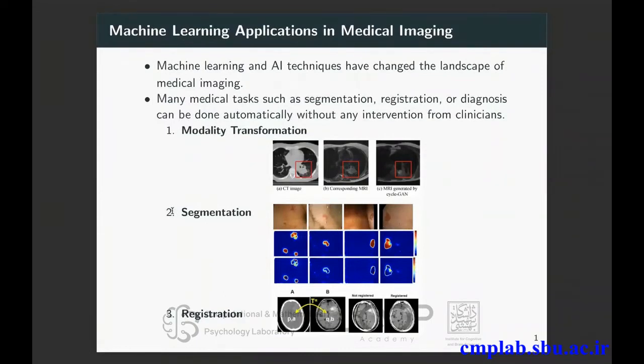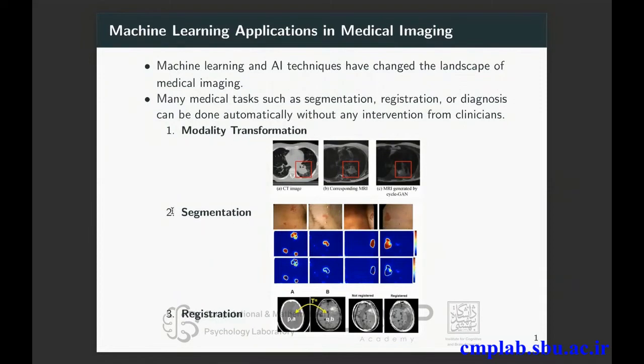One is modality transformation. Here, for example, you have a CT image and you want to take this as an input image and transform it to some other modality like MRI or something else. This is very useful because for some patients, for example, CT images can be obtained, but MRI images are more expensive. Another task in medical imaging is segmentation, where we have some images and